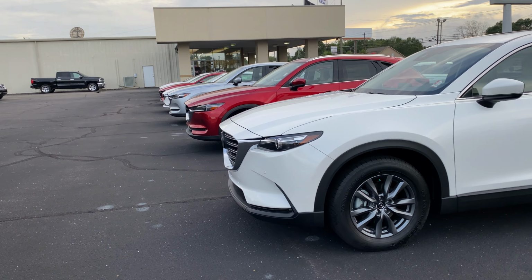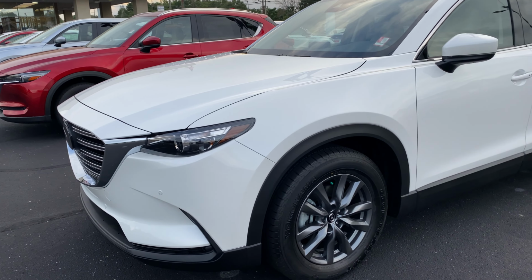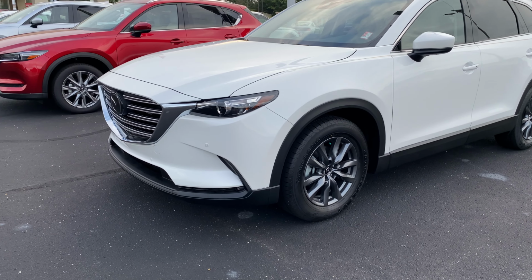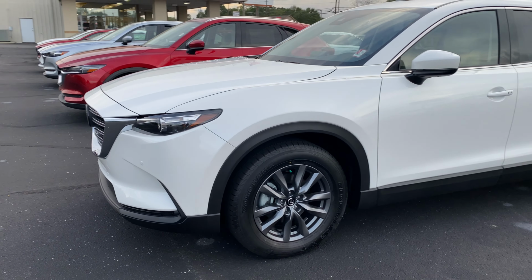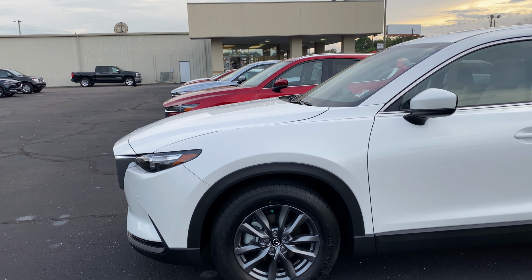So the CX-9, of course, is produced in Japan. So there's a little bit of a delay from the plant to here, of course, in ship and things like that. So right now, I just put in an order, my second order for 2021 CX-9s. I, of course, talked about this on one of the last videos, I think the Carbon Edition. But I do have one of those Carbon Editions coming, and the build date on that, because it was just ordered, is going to be in the